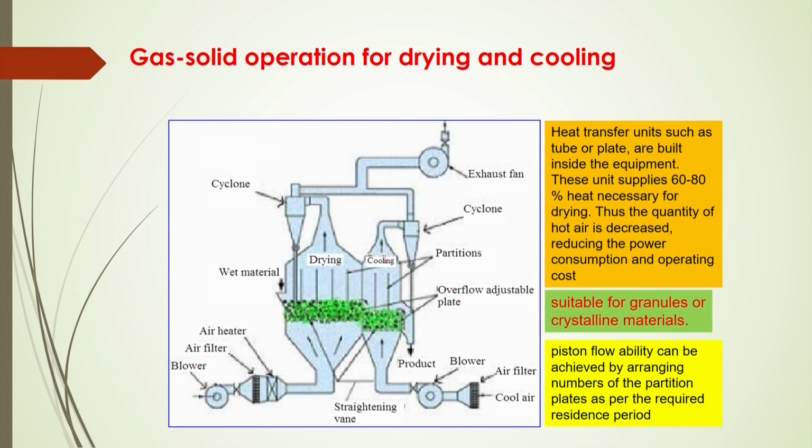So, this is basically a physical process of gas solid operation, and it will be fluidized in a column, and unwanted solid particles which are coming out through the vapor will be separated by a cyclone separator, and then solid particles will be used or recycled for further drying processes. So, this is another important process here.